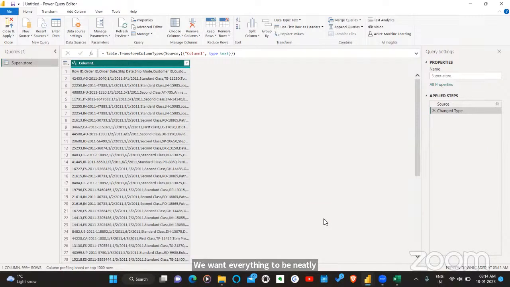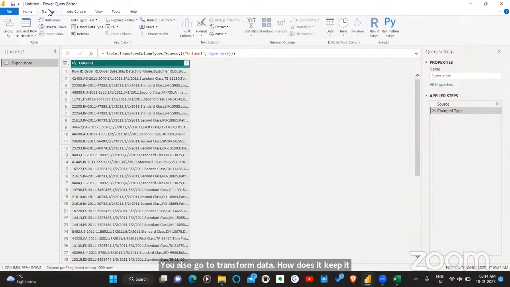So what we'll do is, on the top, you go to Transform Data. For us, it will be different. I'll just use his screen to troubleshoot. Now go to Transform on the top, and now you have some operations. Now you go to Split Column. In the middle, there is something called Split Column.